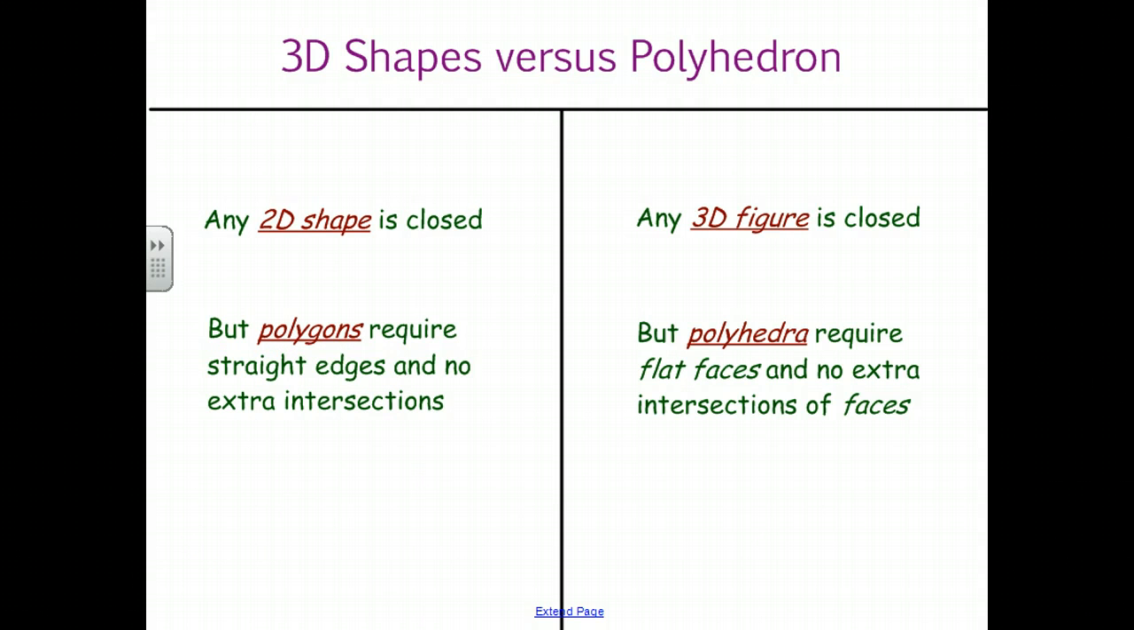So similarly with any 3D figure, we want a 3D figure to be closed, and that is at least any of the faces that create it are intersecting with each other and don't lend any gaps. But a polyhedron, plural polyhedra here, polygon becomes polygons, polyhedron becomes polyhedra. They require flat faces that are made from polygons, and that there are no extra intersections of